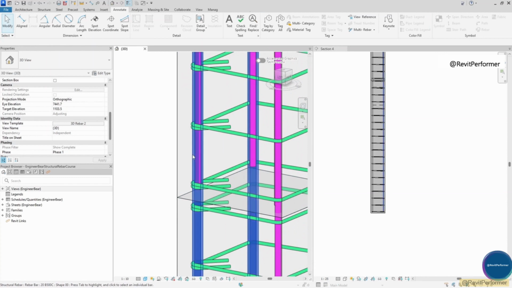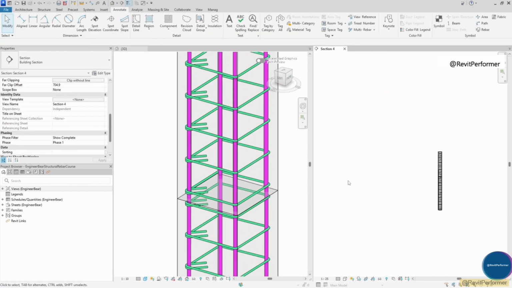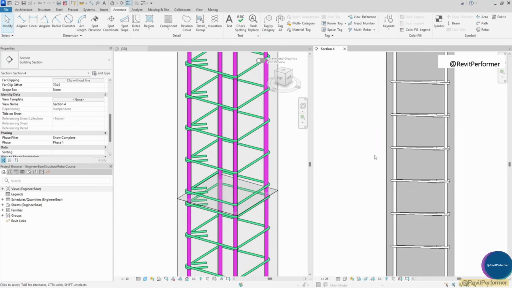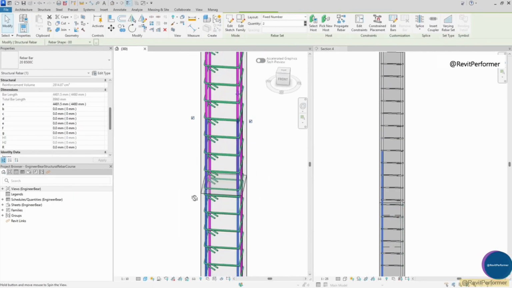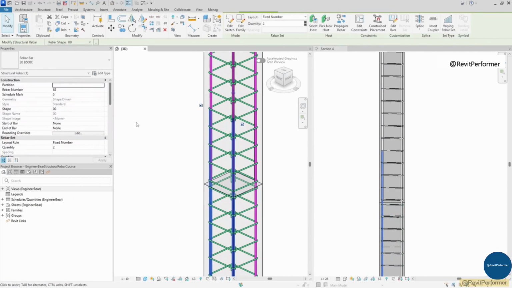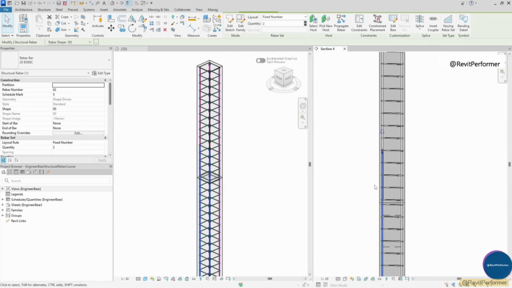What we want is for each rebar to sit close to the stirrups, ideally with one bar in each corner of the column. To achieve that, we'll need to add a crank to shift the bars slightly and create the necessary clearance. To add a crank to a rebar, start by selecting the rebar and identifying which end is the start of the bar. You can check this by hovering over the small arrows that appear in the view.